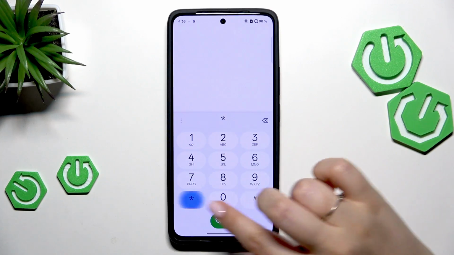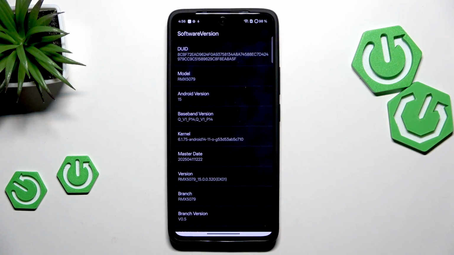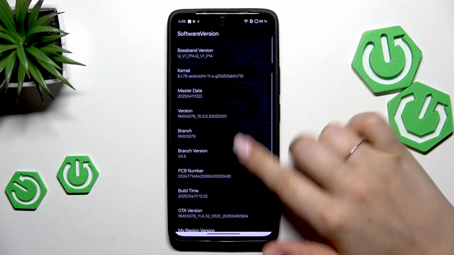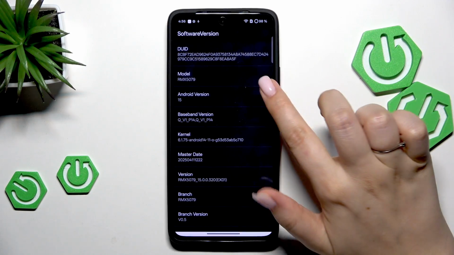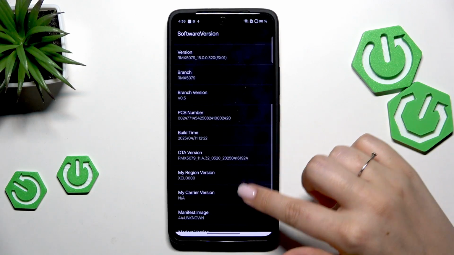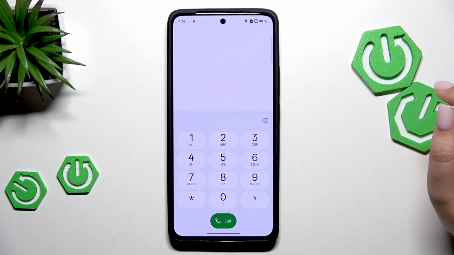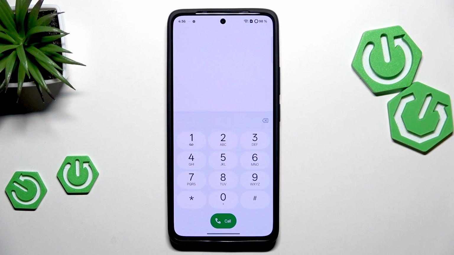Another code is *6776#, and here we are in the software version, so we can check technical information about our device, like the model, for example, the Android version, master date, branch version, build number, etc. Sorry, a build time, not the build number. Alright, another code